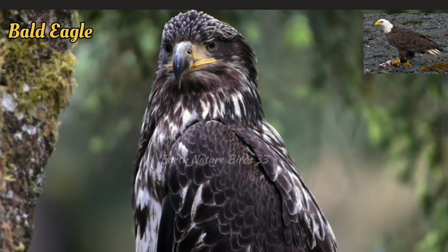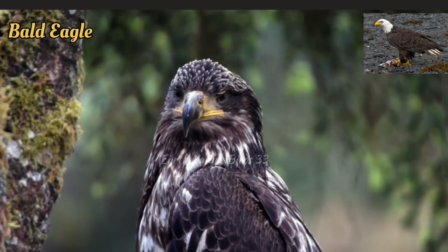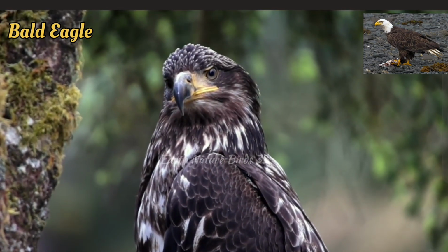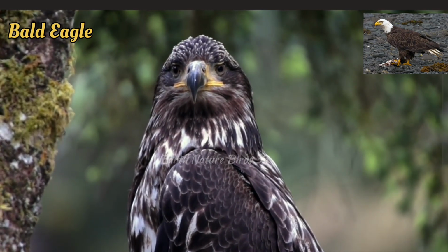Bald eagles sometimes gorge, ingesting a large amount of food and digesting it over several days. They can also survive fasting for many days, even weeks. Nest placement: bald eagles nest in trees except in regions where only cliff faces or ground sites are